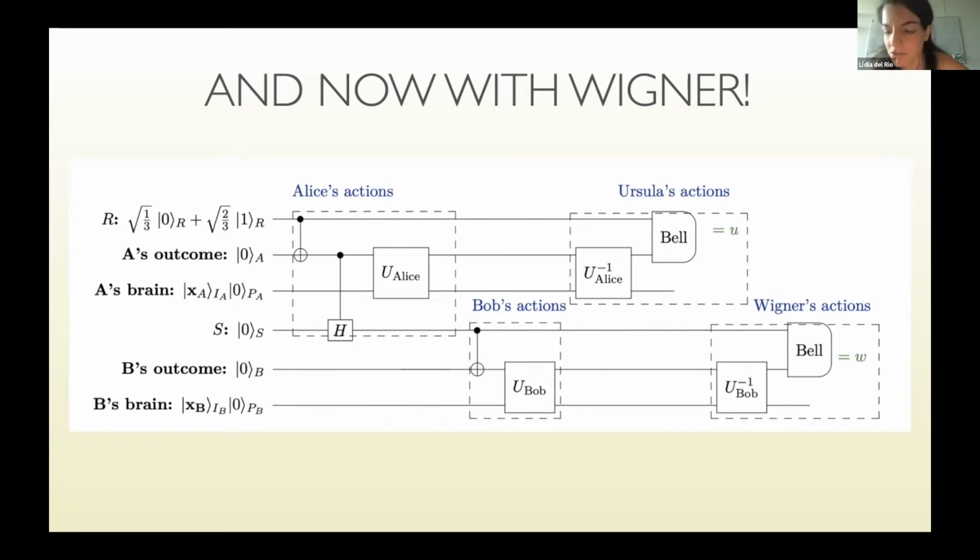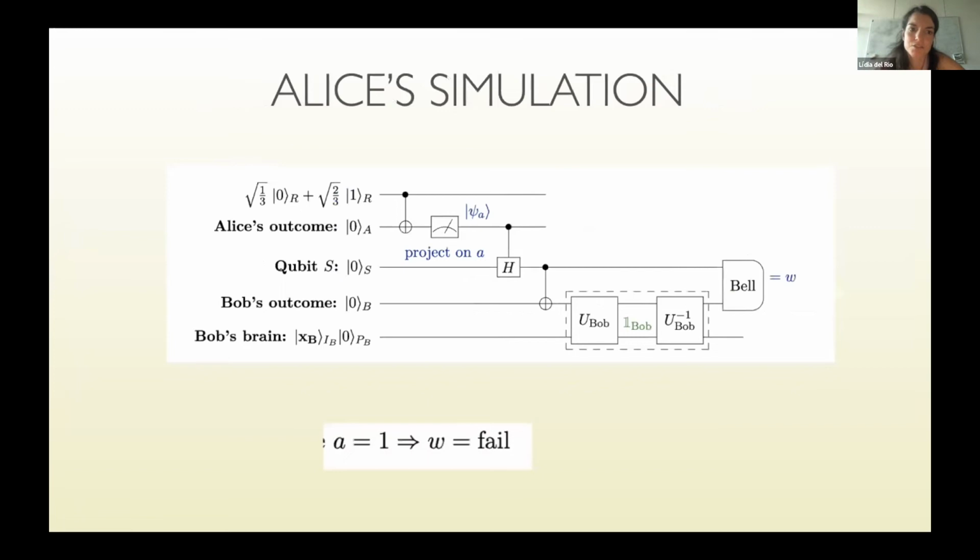And now here we assume it's common knowledge. Everybody knows which interpretation of quantum theory Alice is using. And because of this, they say, okay, maybe Alice's simplest simulation is just the following. So she can model the unitary entanglement of herself with this qubit, but then says, okay, now I project in one of the outcomes because I'm a classical agent. I see one of these 2 outcomes and I'm interested in what statements I can make when I see one of the outcomes. Then she evolves her actions on S, Bob's measurement.